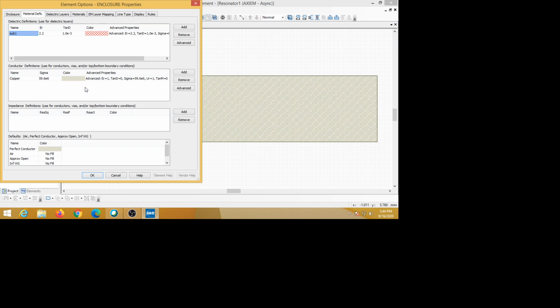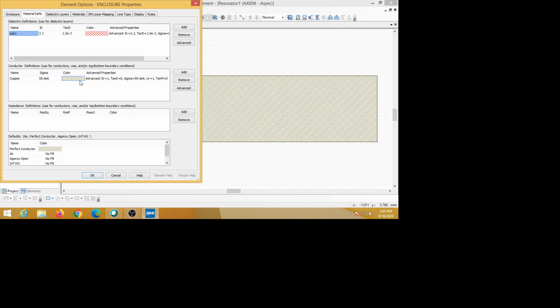Okay, but in the structure we have drawn, the lines are like this. See, they are in the opposite direction. This is for the perfect conductor. The perfect conductor is represented by a gray color like this, but the lines are like this. But our copper material is also gray, but the lines are in the opposite direction. So what we can do is not keep the same color as the perfect conductor. We change the color of this copper.